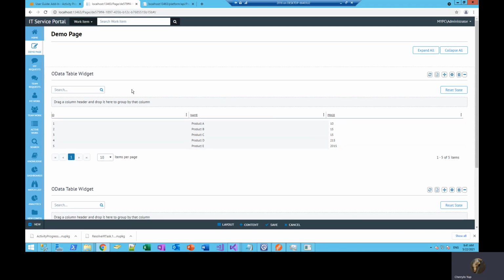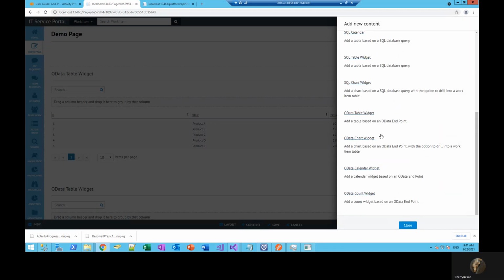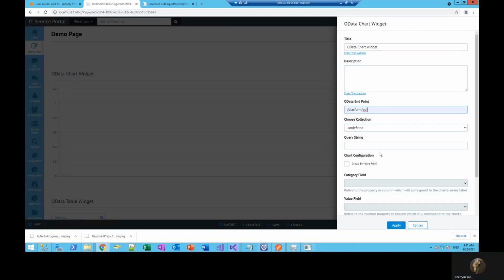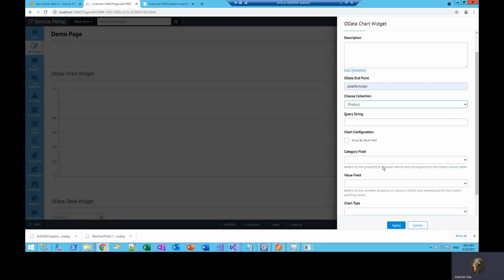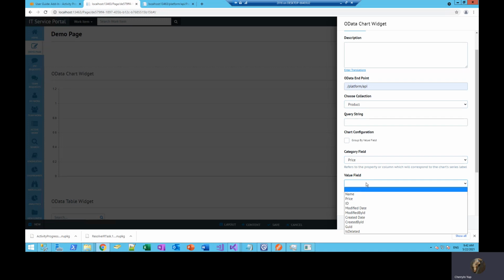Again, aside from tables, you could also use OData chart to consume your endpoint. So let's see by price.